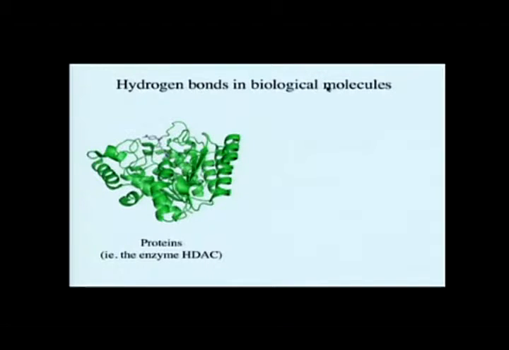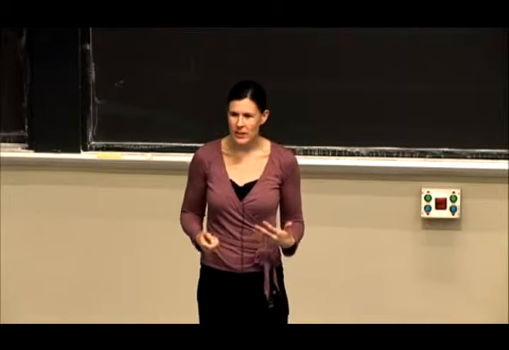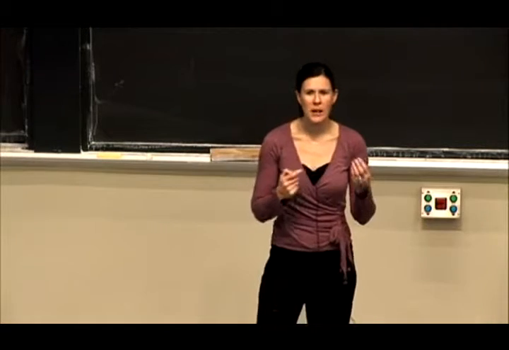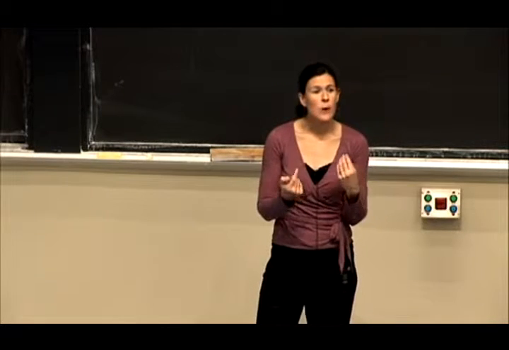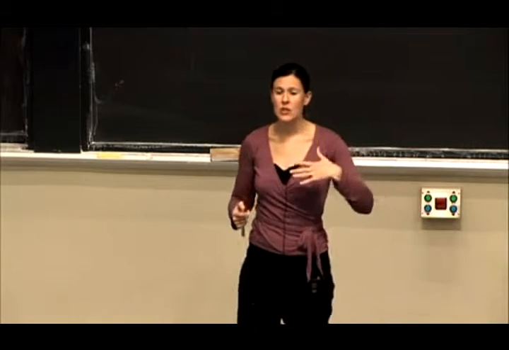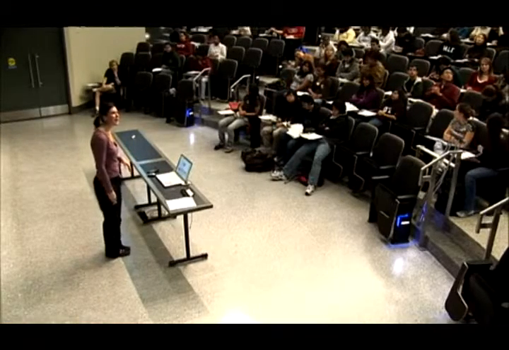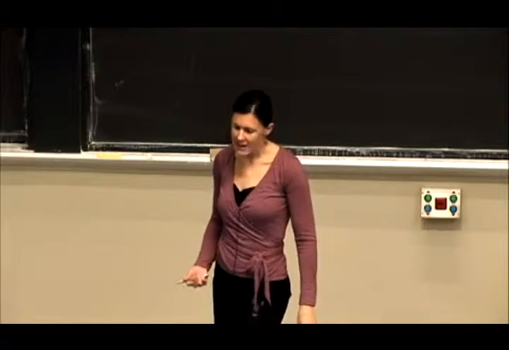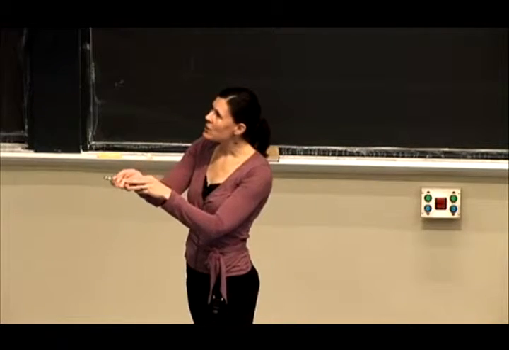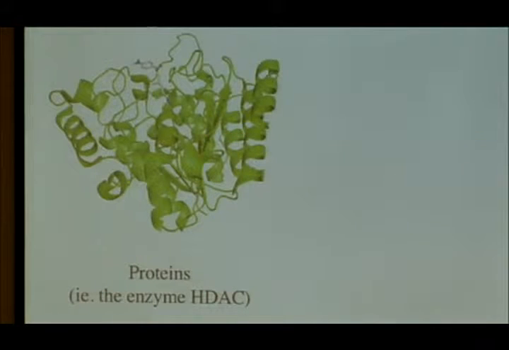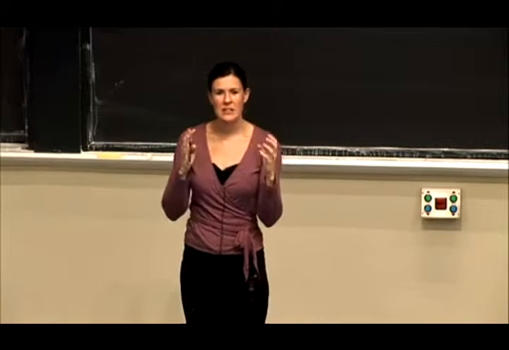First, thinking about proteins, they're absolutely hugely important in proteins. And in proteins, we're talking about a molecule that's so large that you don't just see H bonds in between two different molecules. What you actually see is what's called intramolecular hydrogen bonding, so hydrogen bonding within the protein molecule itself. And hydrogen bonding is incredibly important. It, in fact, is the shape of a protein, which I'm just showing an example here, histidine diacetylase. And the histidine diacetylase molecule actually has just countless hydrogen bonds in here, and the hydrogen bonds largely govern the